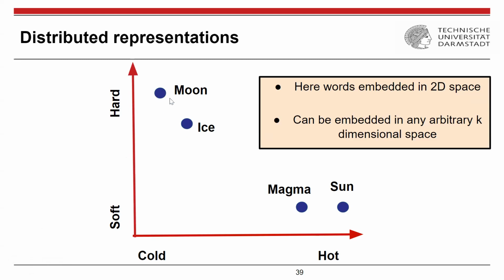So this is just a toy example for illustration, and ideally you will deal with n-dimensional space, and in most cases you will not even know what these dimensions mean. Here I am showing what these dimensions mean, but most of the time you will not know. You will just have some dimensions in space, but this particular constraint will be satisfied, that similar words will be close in that space and distant words will be farther in space.